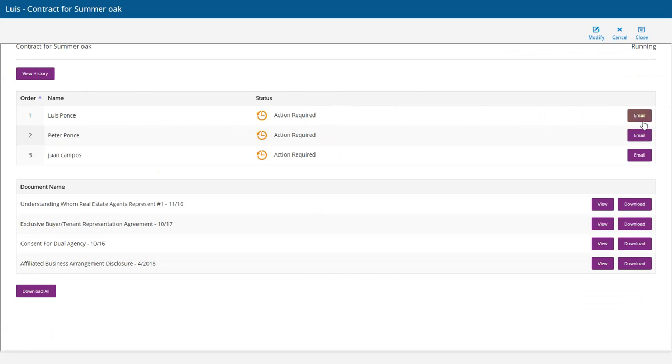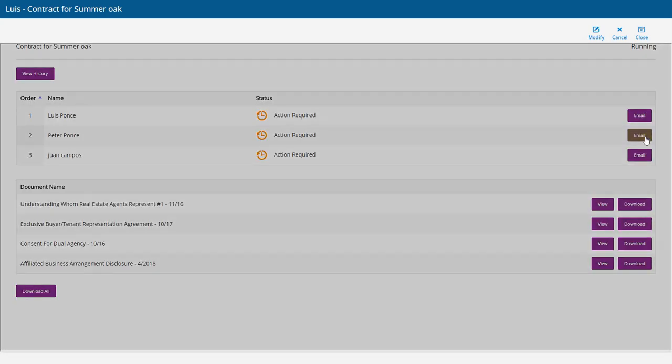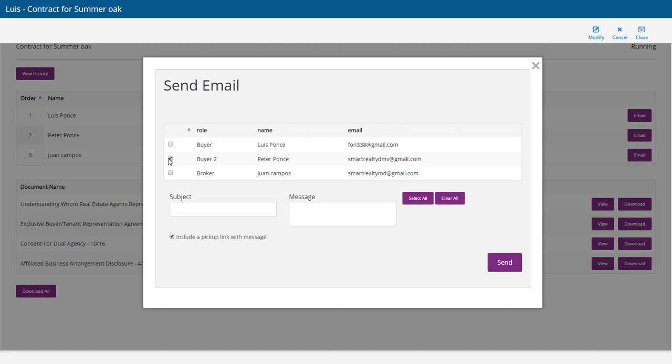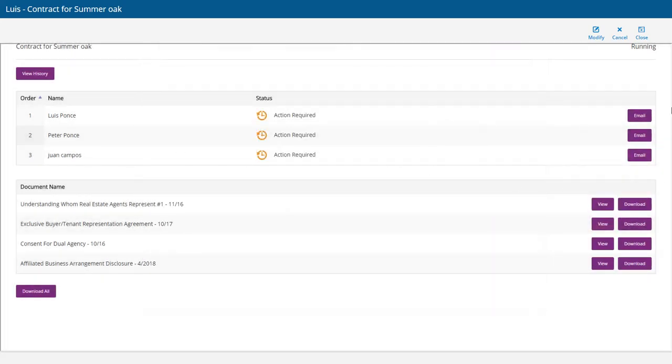If Peter didn't get it, we'll go to email and select it. If I click send here, it'll send it to Peter, but you could add anybody else you want to send it to again. So you could resend as many times as you wish,